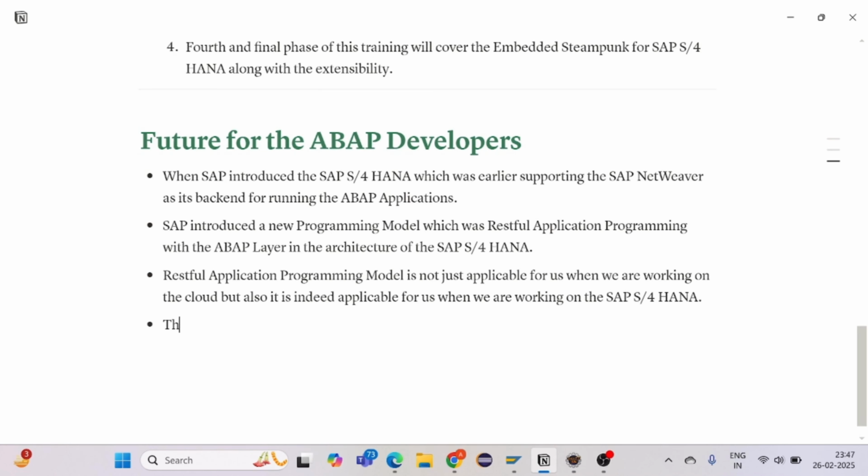So this RAP model, the RESTful Application Programming Model, for on-premise systems,